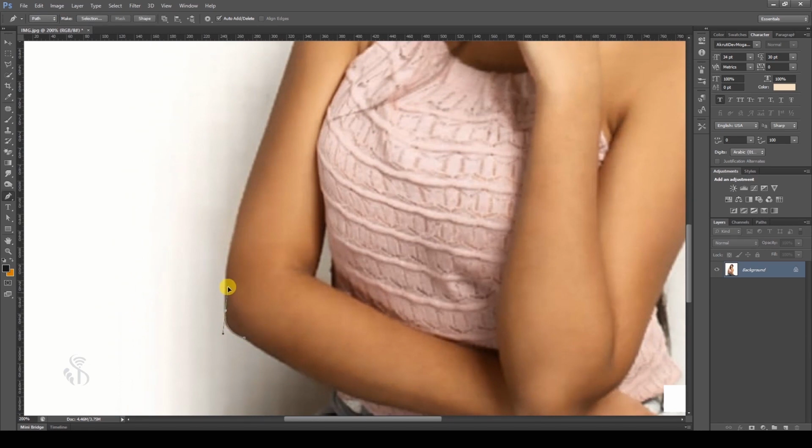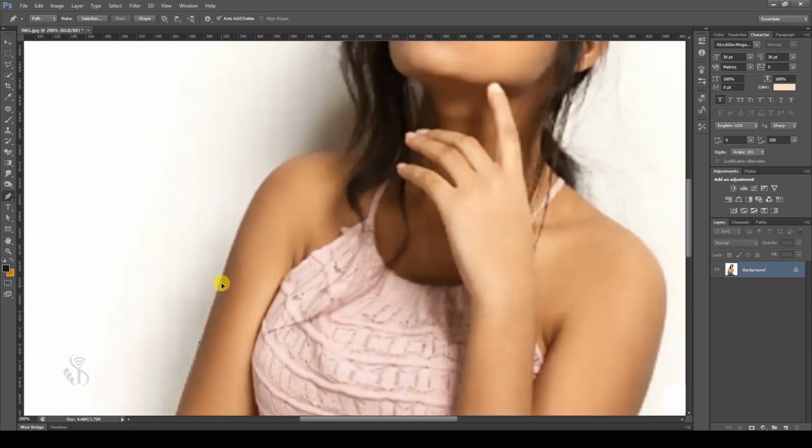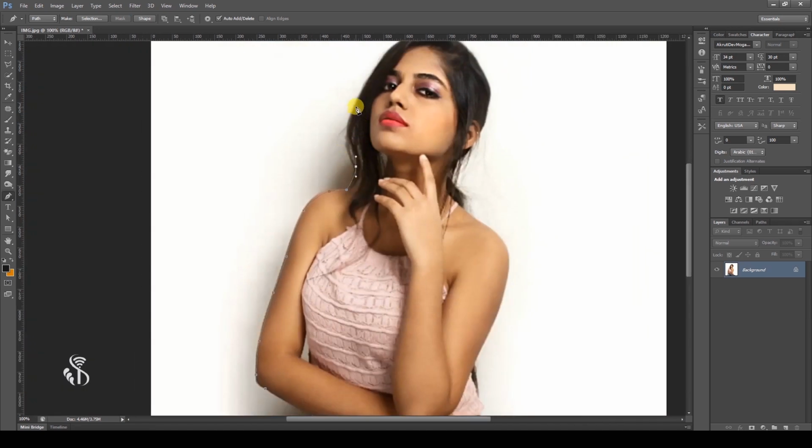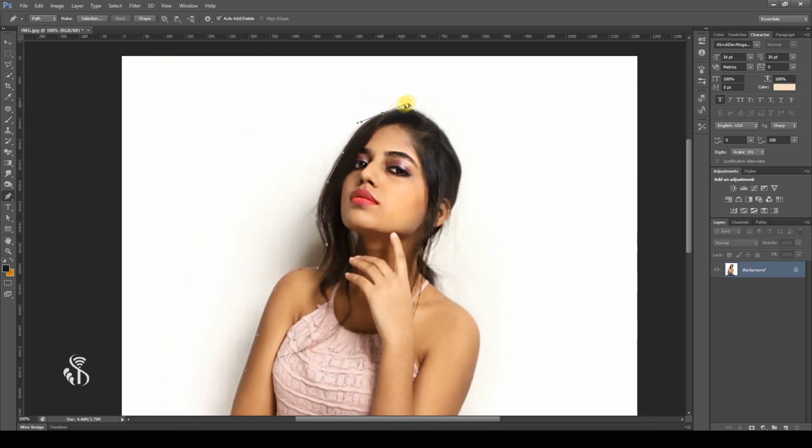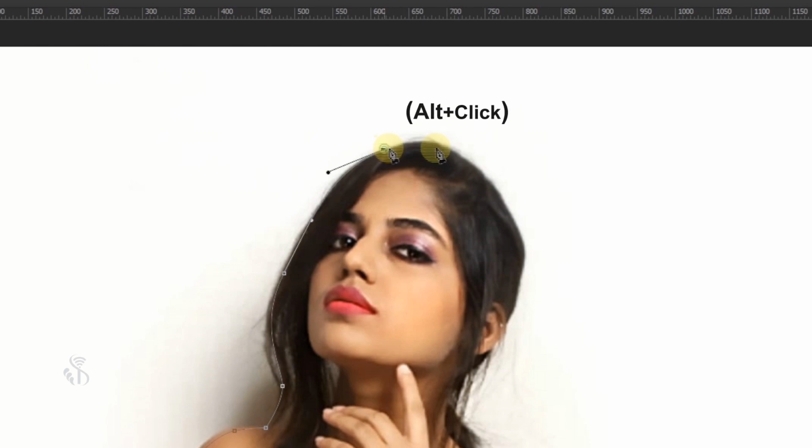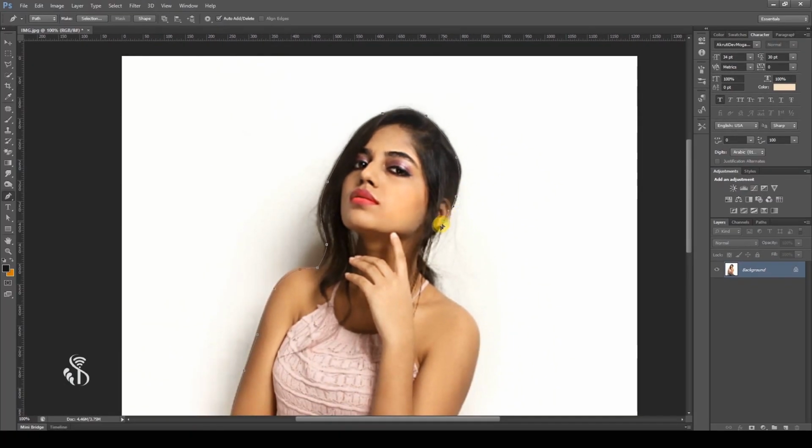If the area to be marked is circular, then to select it with a pen tool, press the mouse button and drag it. While doing this, you will see that anchors are being created on both the sides. So when you make the next selection, press the Alt key and click on the selection pointer. One anchor will be deleted.